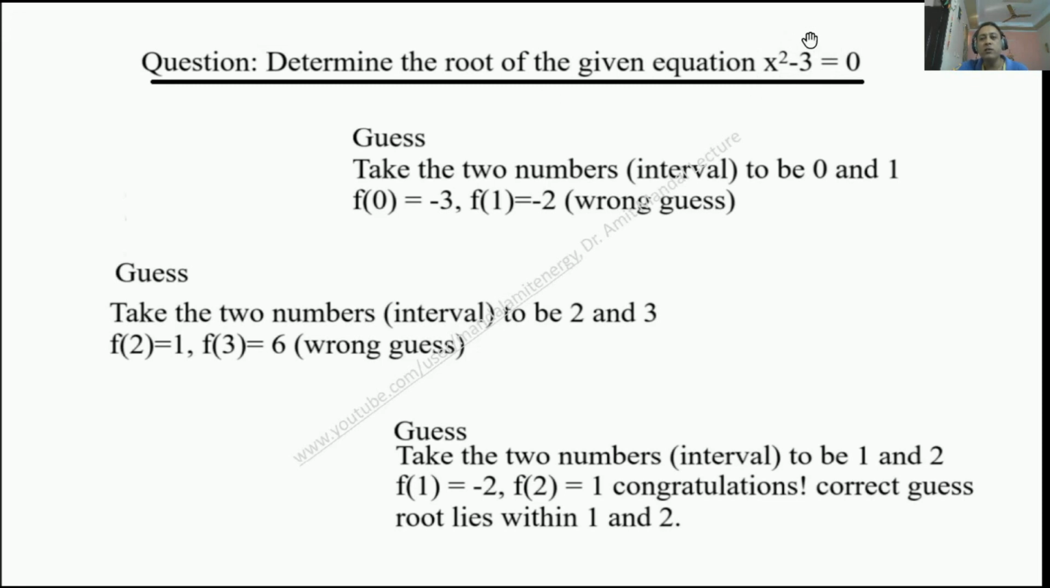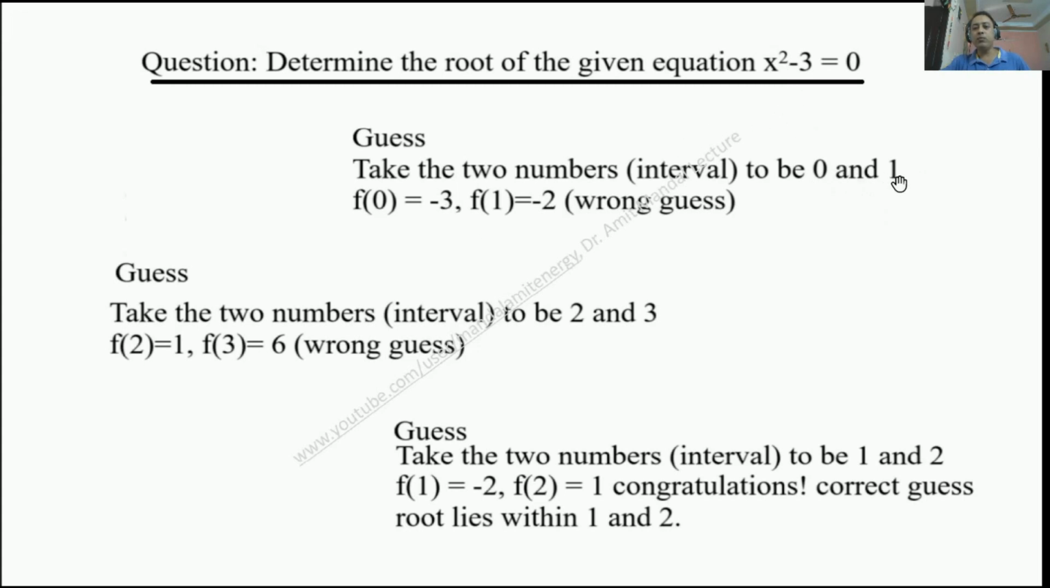So root means what? The point of x where this entire function becomes 0. Okay, so let's do it with the help of the bisection method. First of all, we have to initially guess two numbers. Suppose I am guessing the numbers are 0 and 1, meaning I believe that the root lies between 0 and 1. Okay, so putting x equals 0, I will get